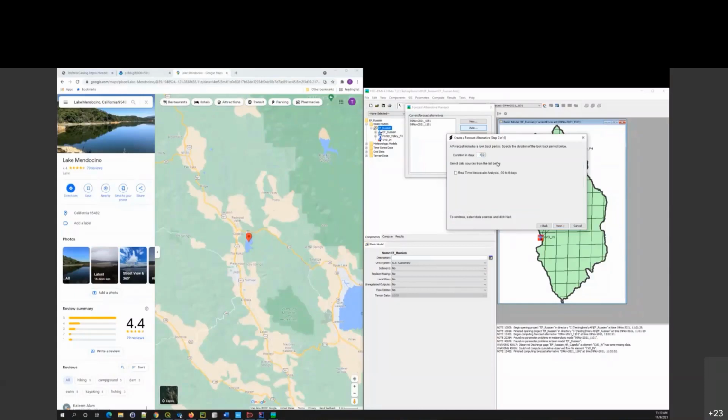I believe the RTMA data goes back 30 days. Then I have to select a data source. Right now, there's one look-back data source, and that is RTMA, Real-Time Mesoscale Analysis. Now I'm asked about some forecasting products. There are options here for High-Resolution Rapid Refresh, North American Mesoscale Model, and Global Forecast System. I'm just going to use HRRR and NAM today, and I'm going to go ahead and kick off the automated